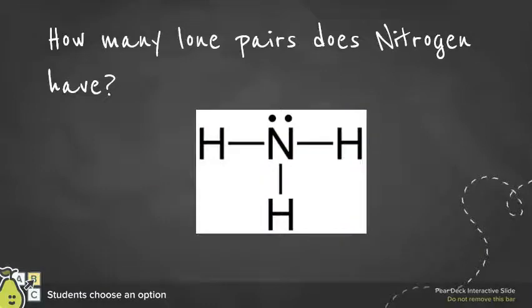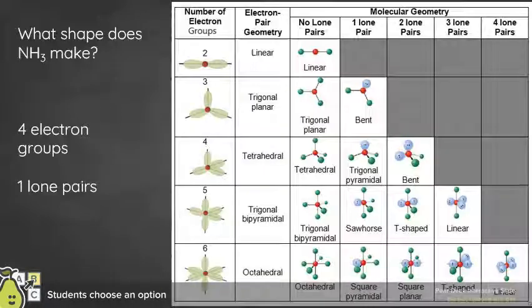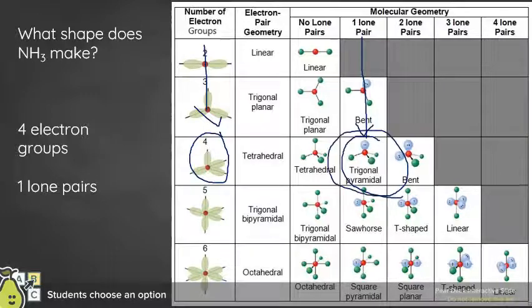As we said previously, it does have one of those being a lone pair, so it's got 1 set of lone pairs. So now we're going to look and see what shape ammonia makes. It's got 4 electron groups, and one of those is a lone pair. So we're going to go down to the one here for 4 electron groups, and then we're going to find the ones that mark for 1 lone pair. So we're going to pull that down as well,